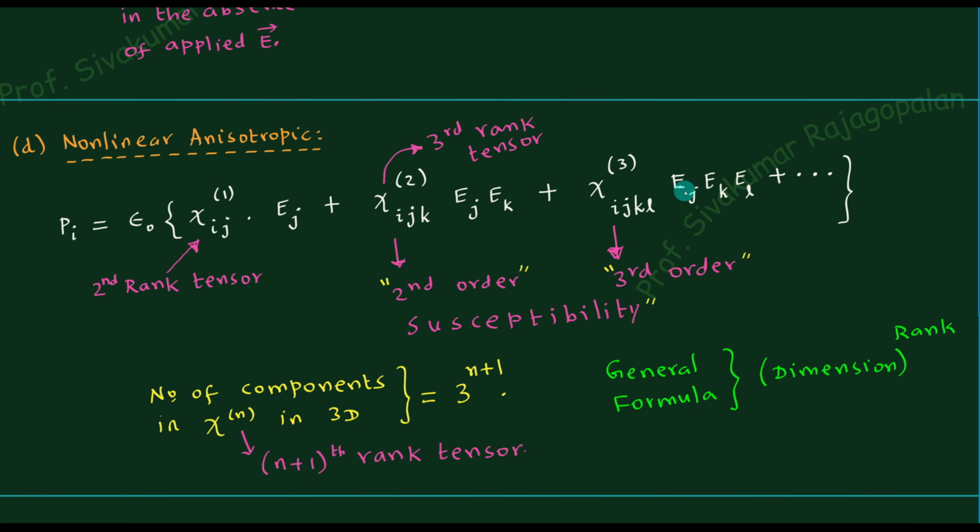And one more thing that I would like to mention is that when you're talking about the electric field to the power 3 here, this is not an easy thing to achieve. When you have, for example, 100 volt per meter, 100 squared is 10 to the power 4, and 100 to the power 3 is 10 to the power 6. So 10 to the power 6 volt per meter is not something easy to generate using the usual methods, like a parallel plate capacitor. Even though you write like this, achieving an electric field of that high power is not possible within the limits of applying it using a capacitor, etc.